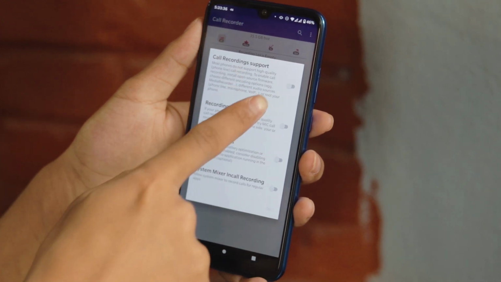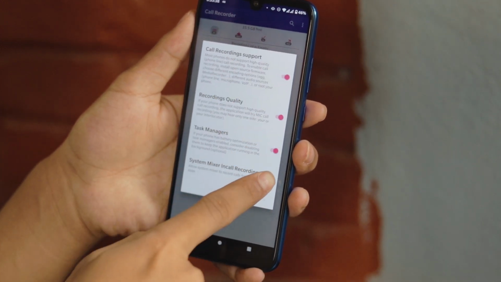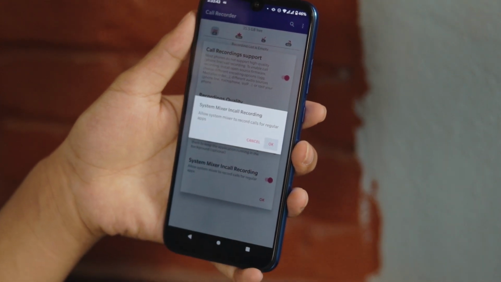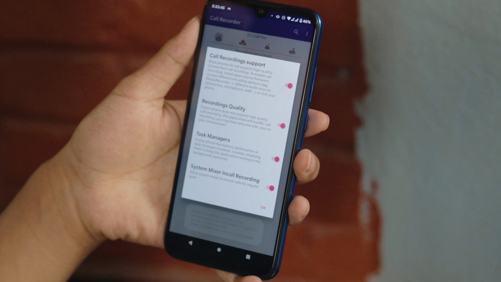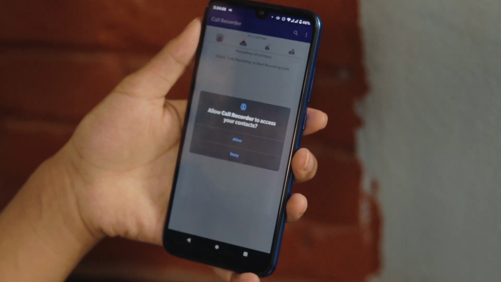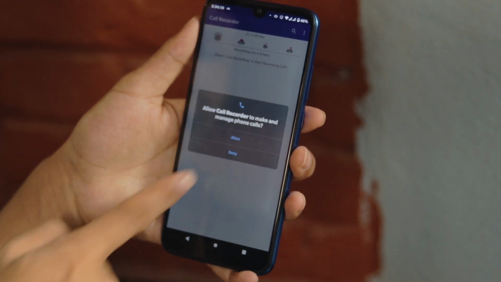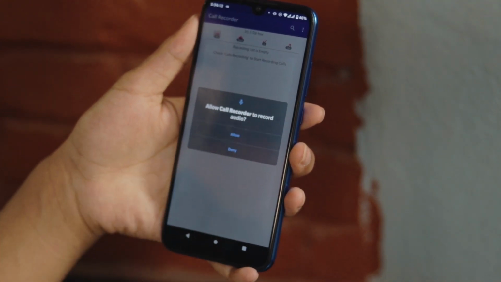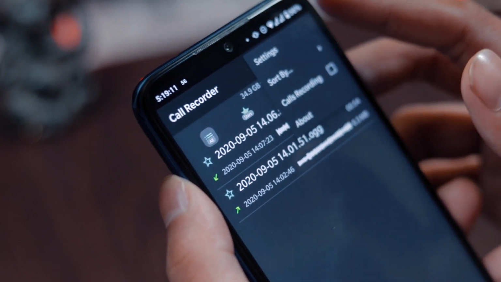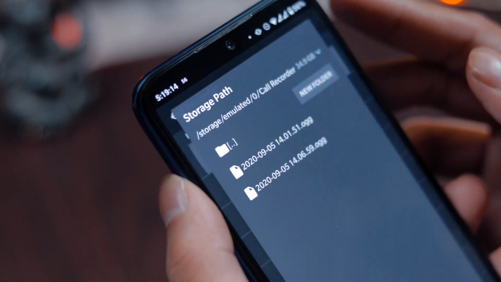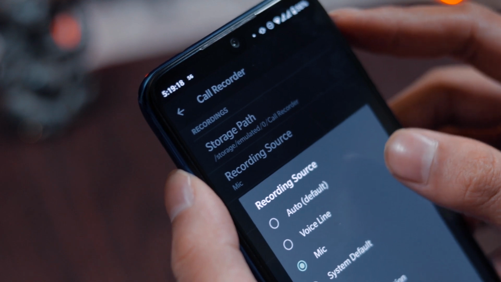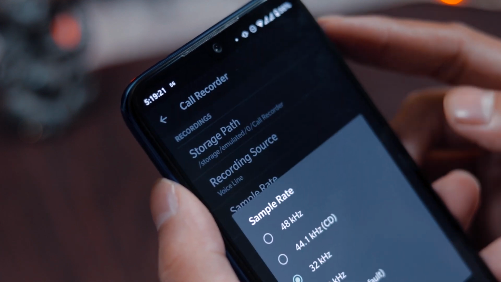Install the Exit Call Recording from the downloads and reboot your device. Now you should see the Call Recorder app on your smartphone. The UI is very basic. Check the Enable Call Recording and allow all the required permissions. In the app, you can change the storage location, recording source, recording format from the settings, and there are more basic features which you can explore once you install it. The app is completely free and open source and it works very well.